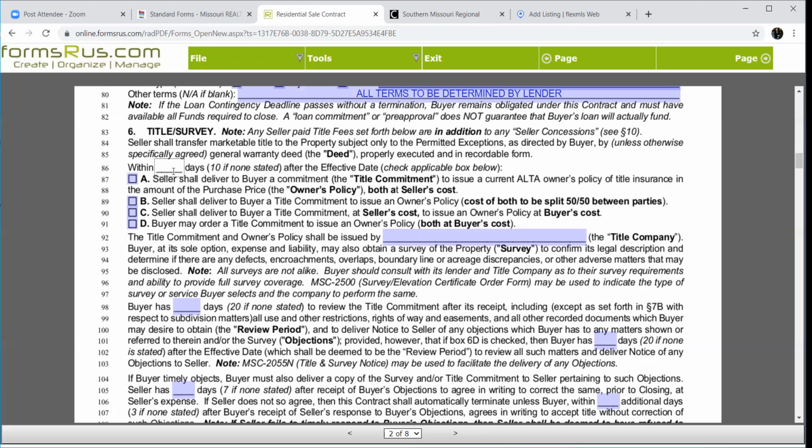A says that the seller is going to do both of those. They're going to pay for the title search and they're going to pay for the title insurance. Now, this might be a situation where I've got a first-time home buyer that doesn't have any ready cash. They've got great credit, but all of their cash is going for their down payment. They're not going to have anything else left over. So I might make a very strong offer on this $100,000 house. I've already asked for $2,500 in closing costs on page 1. I'm going to ask for a home warranty in a little bit, so now I'm at $3,000.